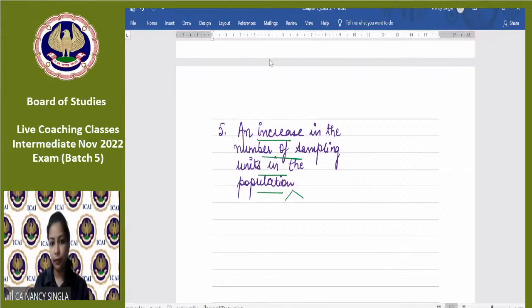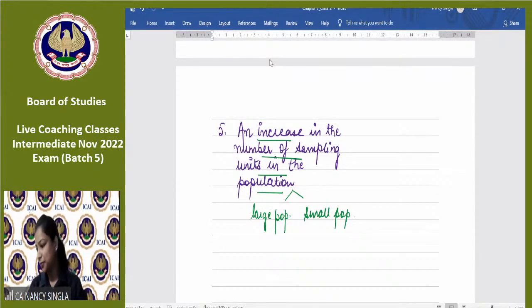Okay? Let's say if it is a large population, and let's say if it is a small population. Sarthak is saying no change, Pooja is saying no change. Dhanalakshmi, in which point are you asking? Okay, look. An increase in the number of sampling units in the population means an increase in the population,